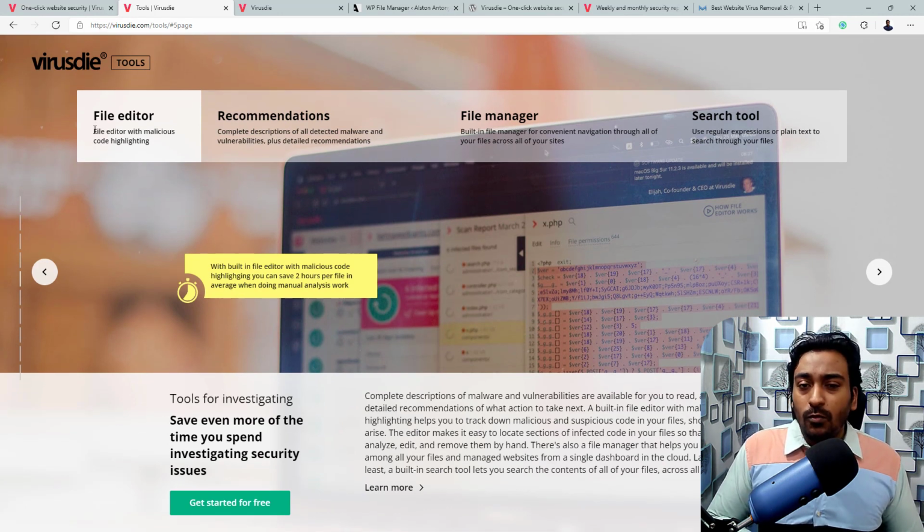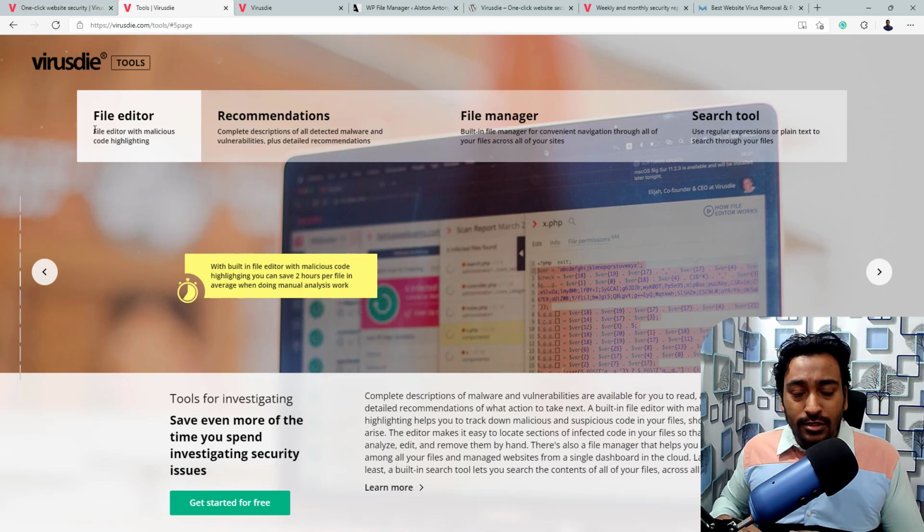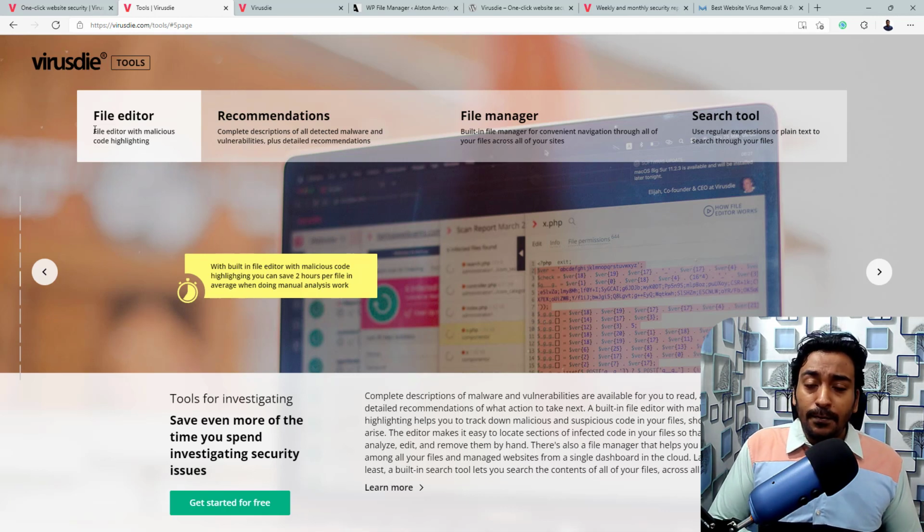As I mentioned, VirusDie is not a built-in solution but rather an external solution where you only need to install a particular PHP file within the hosting one time. Once that is done, you no longer require access to it. Let's say you want to view the files within the website, and I know that there is some kind of virus within this particular file, but I want to actually open the file and see.